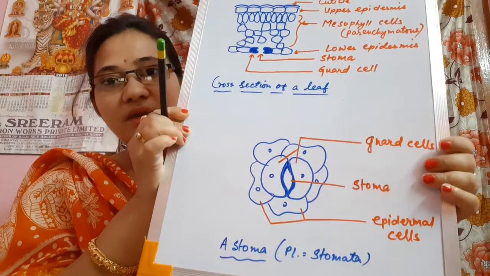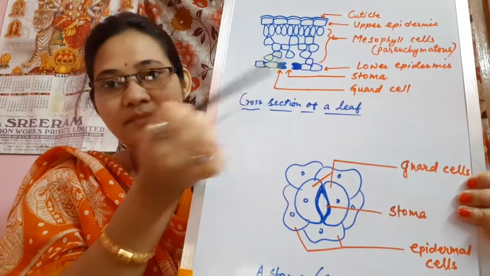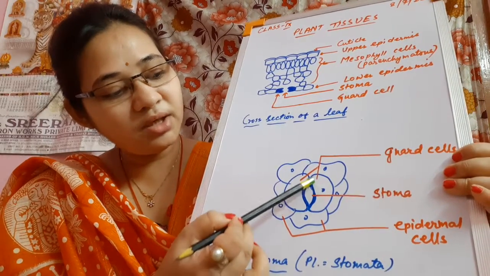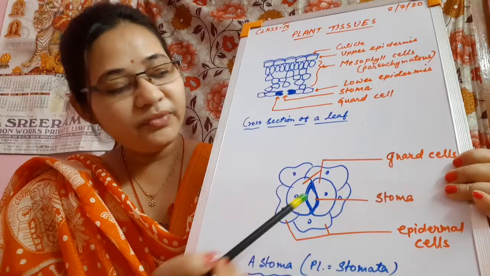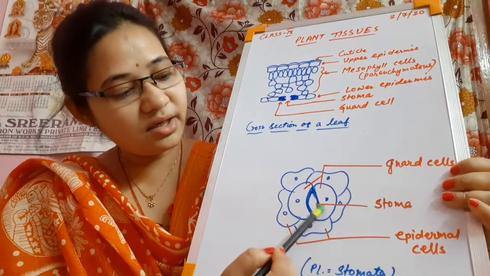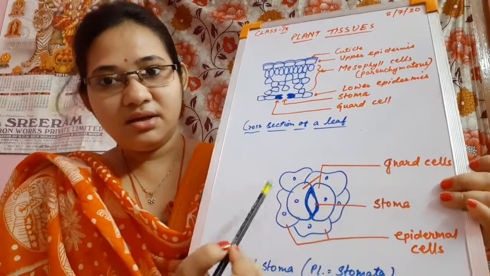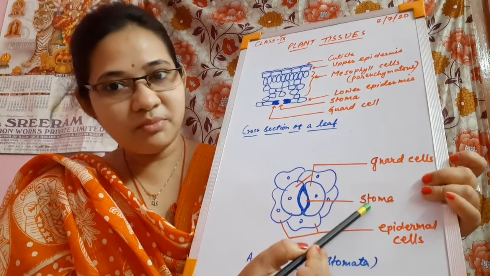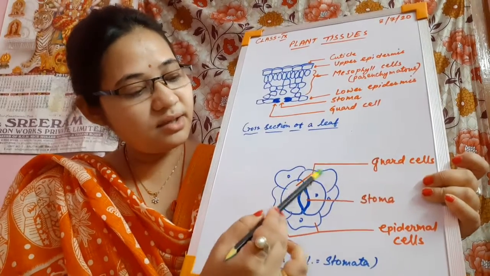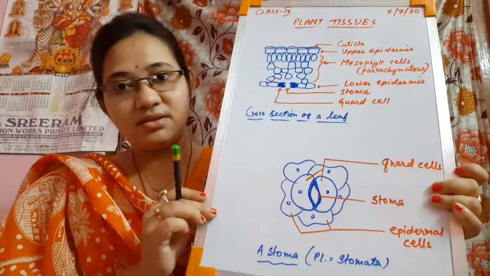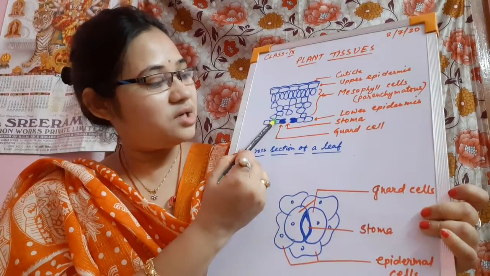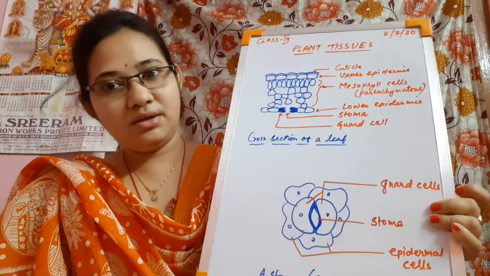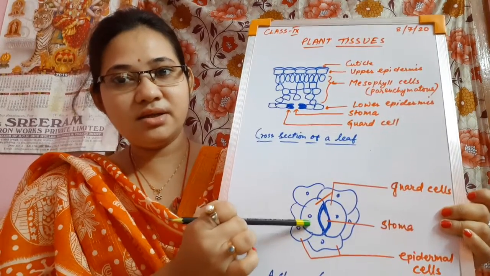Just now I told you that stomata are present in the epidermis. See, these stomata are kidney shaped. Okay, and the stomatal opening is guarded by two kidney shaped cells. These cells are called guard cells. So guard cells form the stomatal opening. Singular is stoma, plural is stomata, and these are the epidermal cells or the subsidiary cells, that means the ground cells which are present around the stomatal opening. So this is epidermis. Okay, this is the stomata.